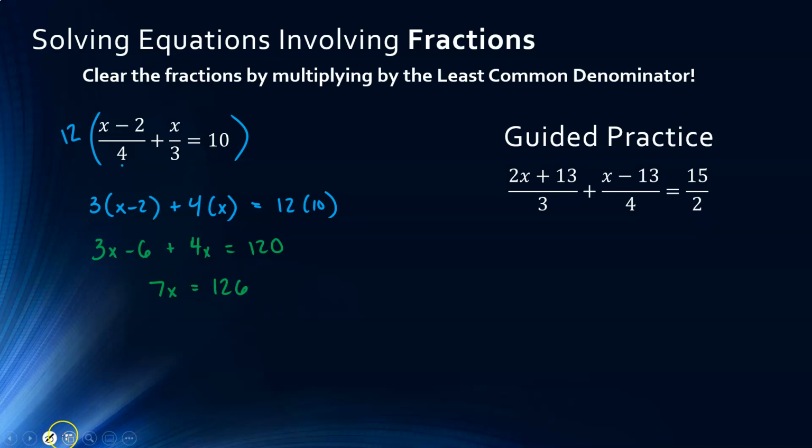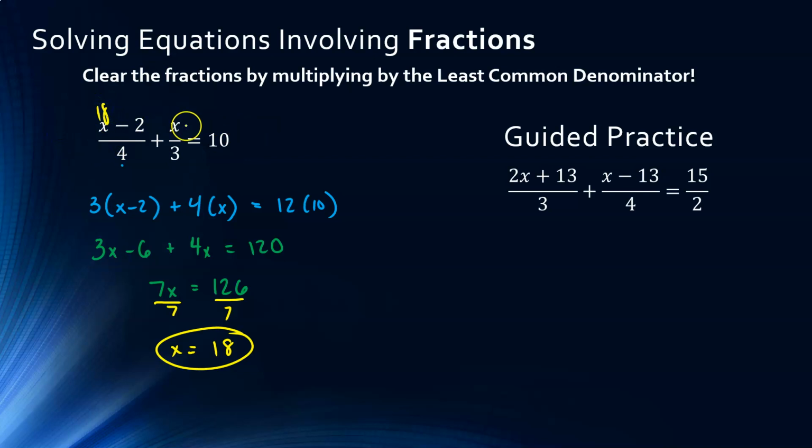So my last step would just be to divide. So I'm going to divide both sides by 7. And when you do that, you get your answer. x would equal 18. Now, the beautiful thing about algebra is you can always check your work. And so if you went back and checked this, you would be able to confirm that you do in fact have the right answer. So if I put 18 in here for x in the original equation,